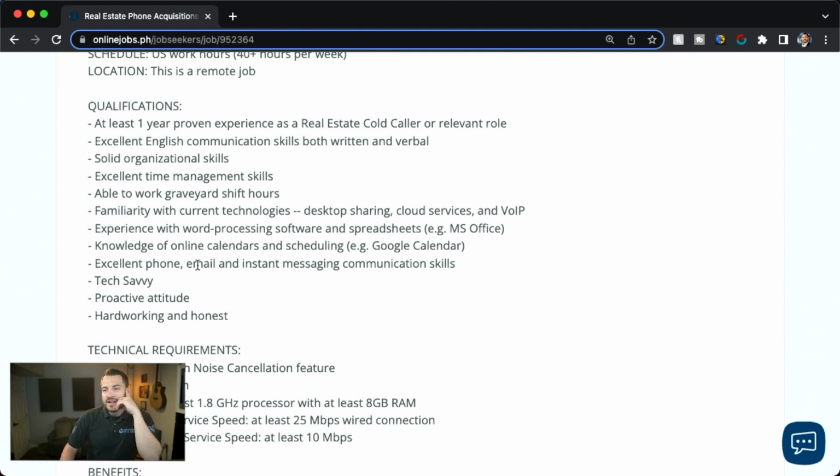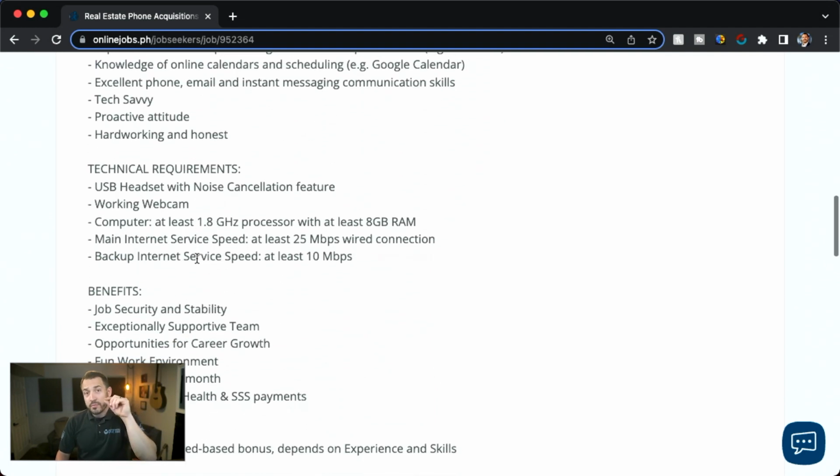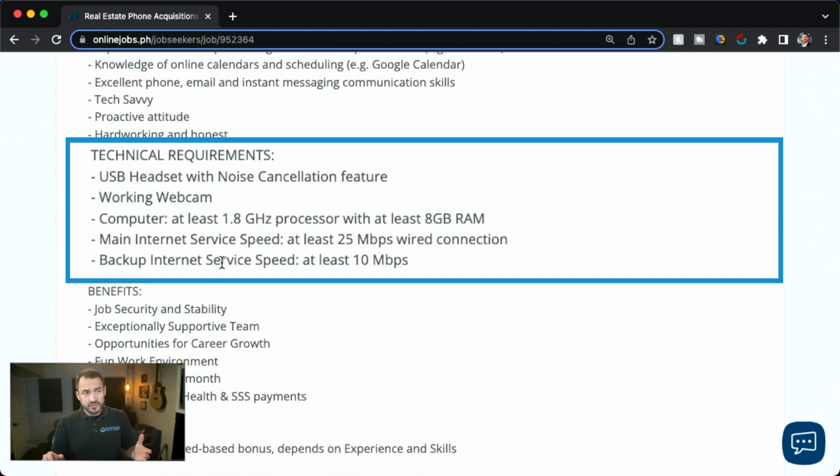So all that said, technical requirements are an important piece to put in any job post. And I know we didn't cover that as job ads that attract the right candidates, but it's important to note this because if they just have like an iPad or a cell phone and you're hiring them to do something that's going to require what a computer would necessitate, then clearly you want to define that in the job post, because they may say, cold caller? Well, that's fine. I have a cell phone. I could make a phone call.